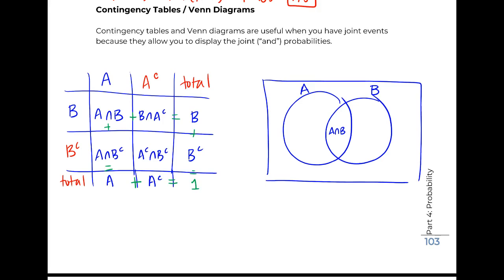Now the Venn diagram doesn't have as many spaces, so I don't love it as much. It has 4 spaces. And this is where students make mistakes all the time with the Venn diagram. If you're looking at this section right here, let me use my highlighter. We're not in the probability of A, because the probability of A would be this entire circle. Instead, we are in,